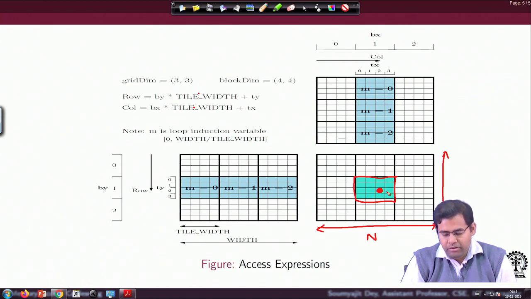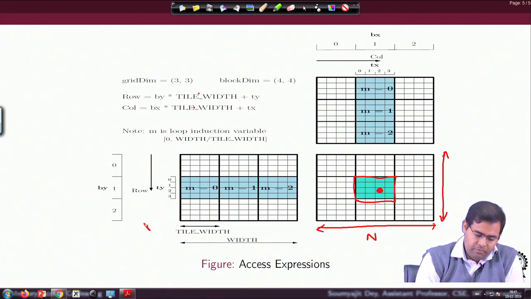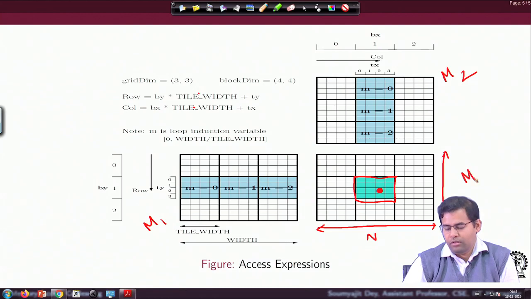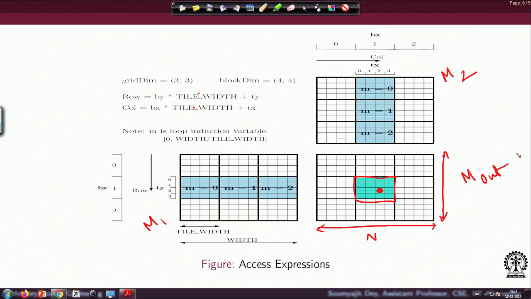Now, for doing that, what is the region of access required in the two input matrices? For a single location it would have been a single row and a single column, but for a region it would actually spread.